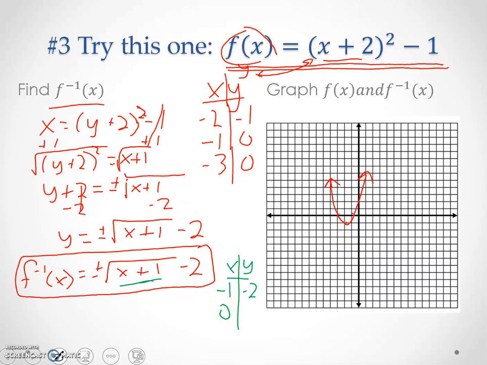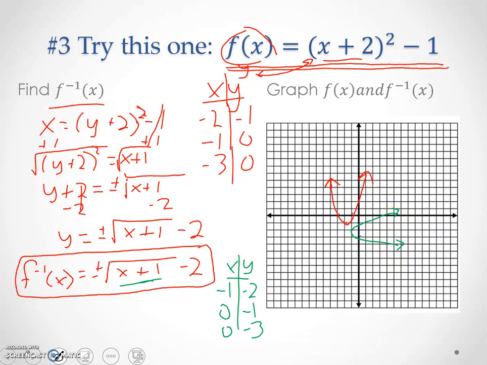0 plus 1 is 1. The square root of 1 is, let's say it's positive 1, and 1 minus 2 is negative 1. Or if I plug in 0 and I take the negative square root, then 0 plus 1 is 1. The square root of 1 could be negative 1, and negative 1 minus 2 is negative 3. Well, that's going to give me these 2 points here, (0, -1) and (0, -3). And if I use these 3 points to graph my parabola, you can see my parabola is going to be